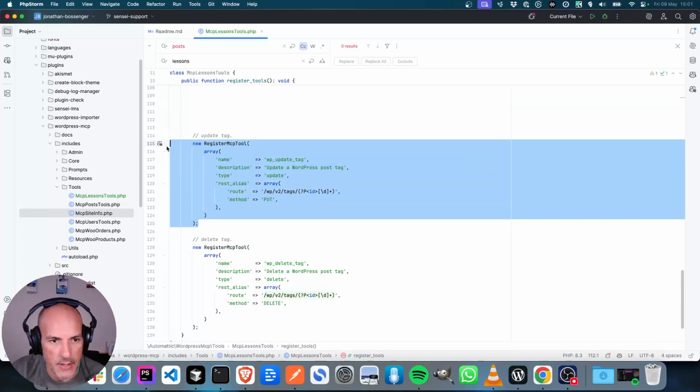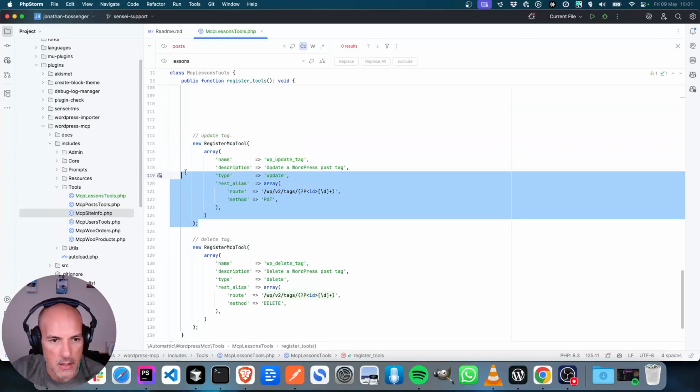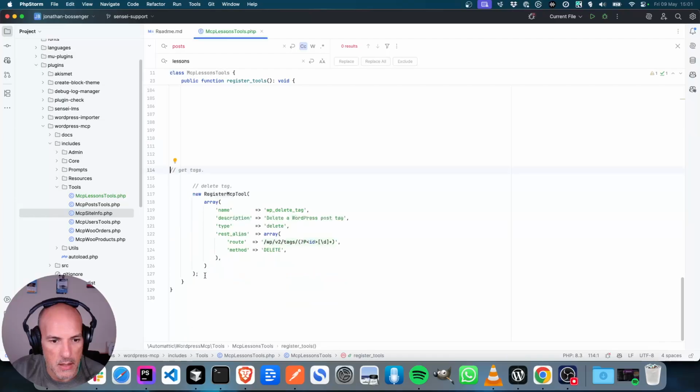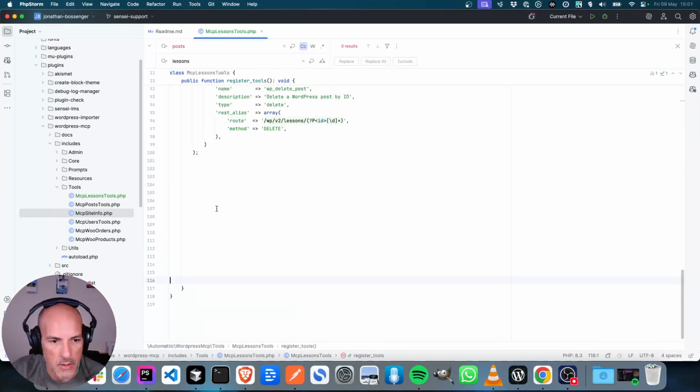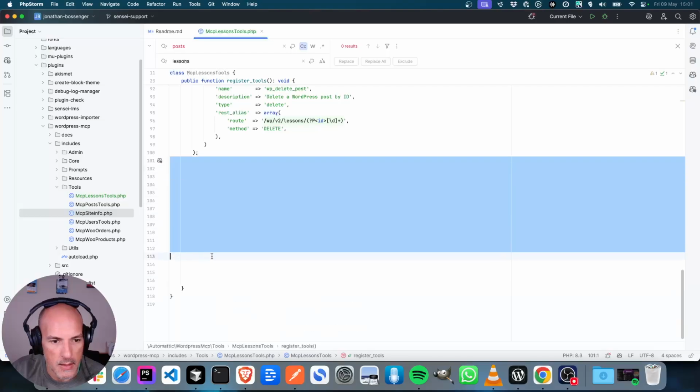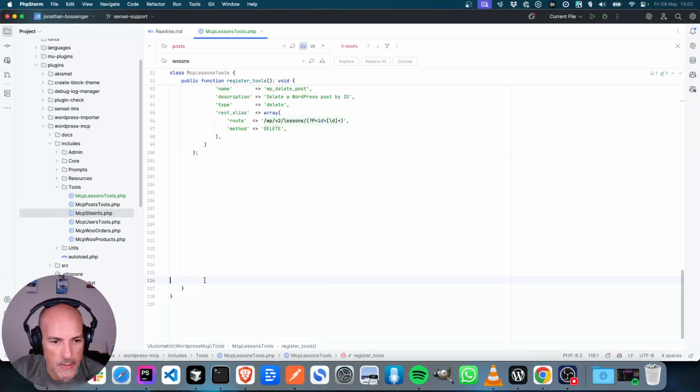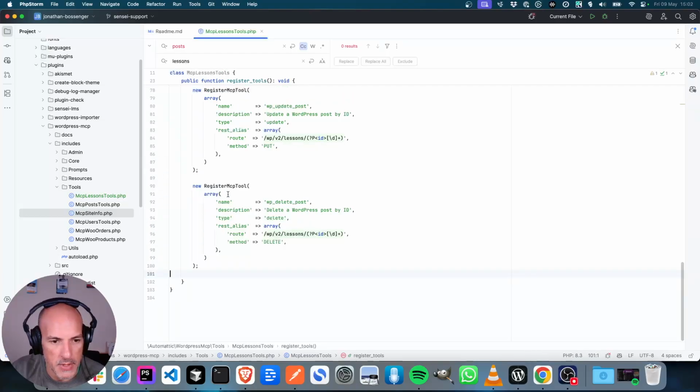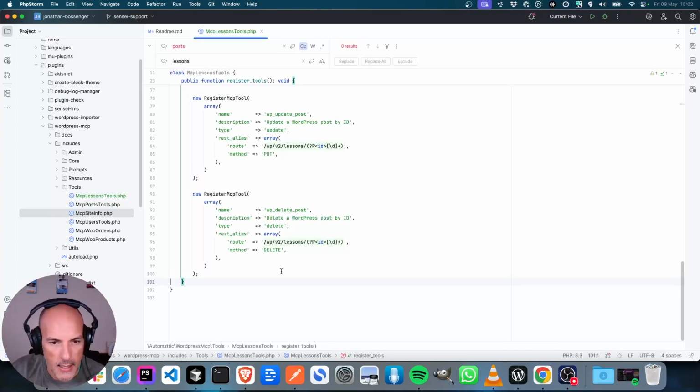Deleting code is a lot of fun. Don't need all of that. Why does it do that? Stupid thing. Okay. And then we just need to look for any instance of post